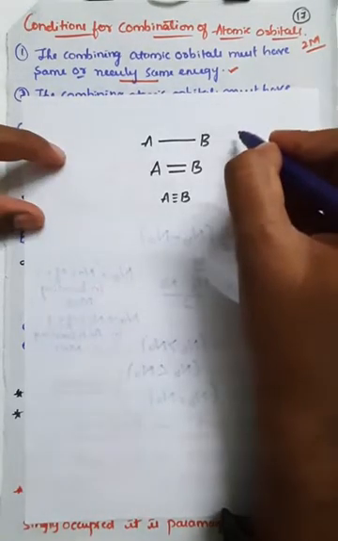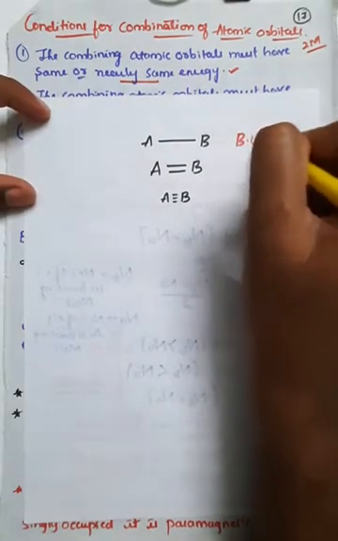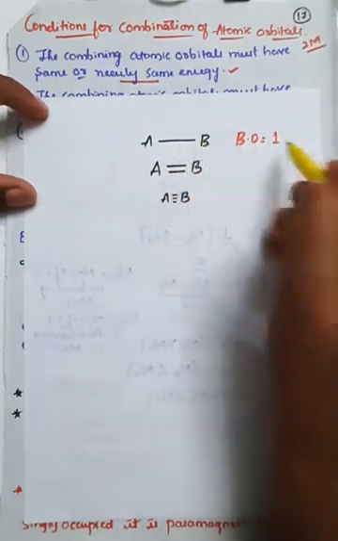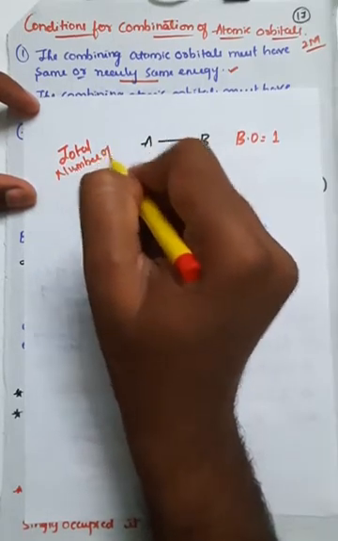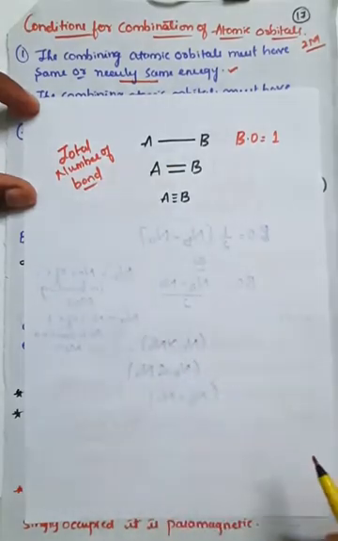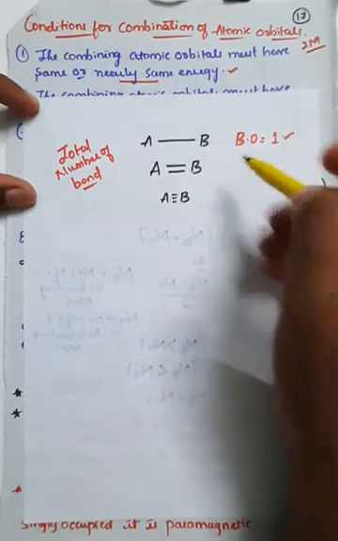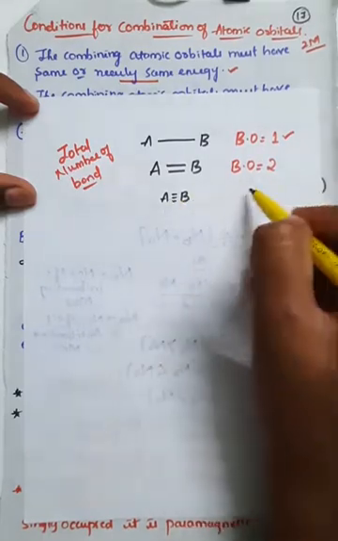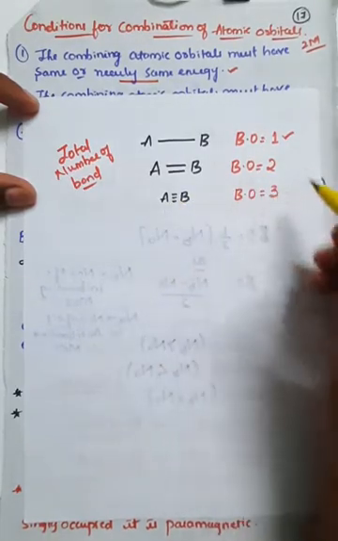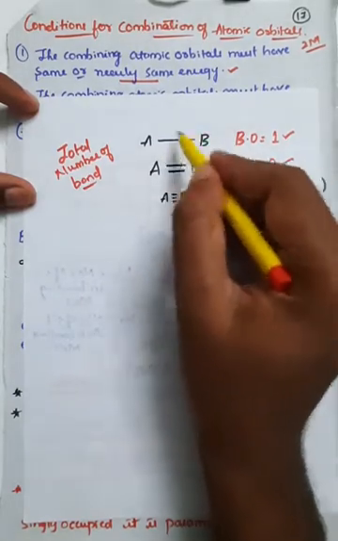Observe carefully. The length here is decreasing as the bond order increases. In the first example, A is bonded with B. Here if you observe, the bond order is equal to 1, because bond order is nothing but total number of bonds present between the two atoms, right? So total number of bonds here between A and B is 1. In the second example it is 2. In the third example bond order is 3. So observe carefully, whenever it is 2, the length decreases comparatively to the first example.